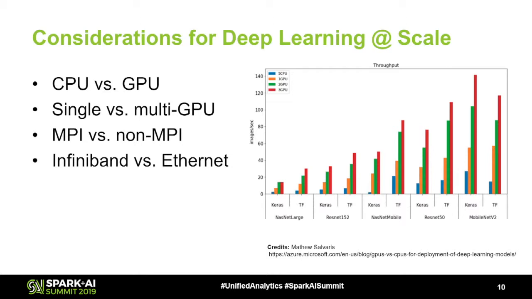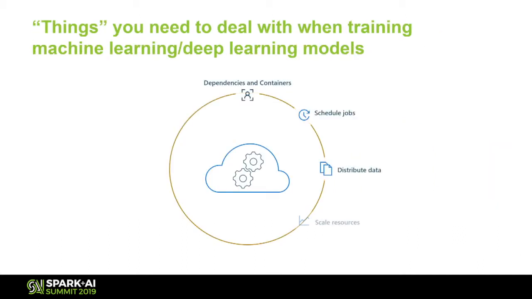Right? And what you see on the right is essentially some of the work that our team has done in trying to compare these different kinds of differences. The link below actually shows you deeper details on the comparison that's done. But then, if you look at all this, whether it was the ImageNet feat that I was sharing with you, and those different kinds of considerations, there are practical things that we all need to do when dealing with training machine learning and deep learning models at scale. One is there are dependencies, right? There are packages that you need to load at runtime. There are packages that you need to deal with.